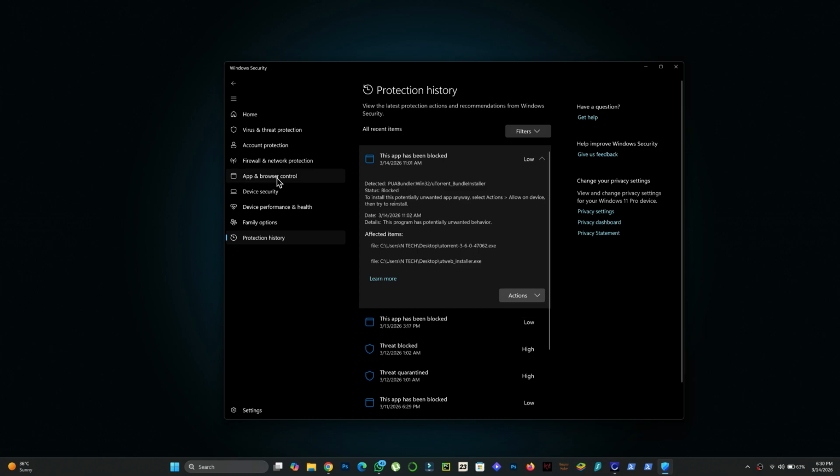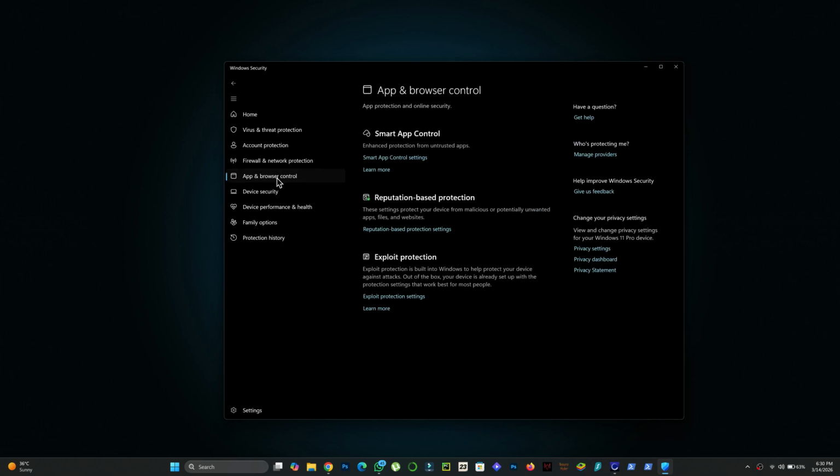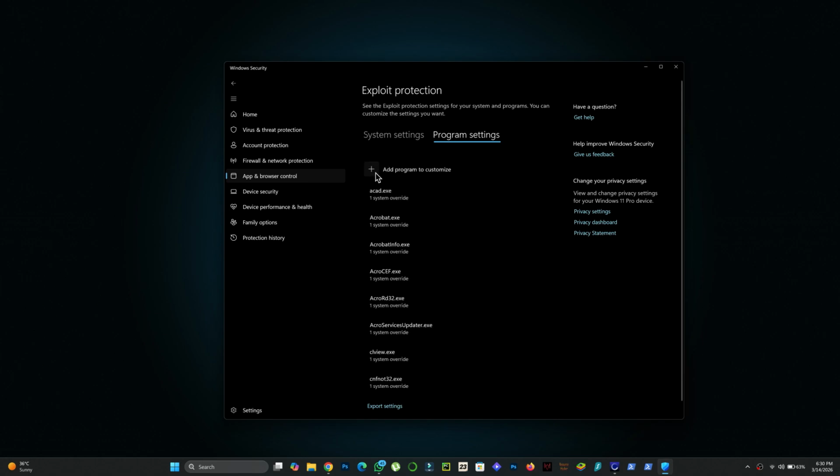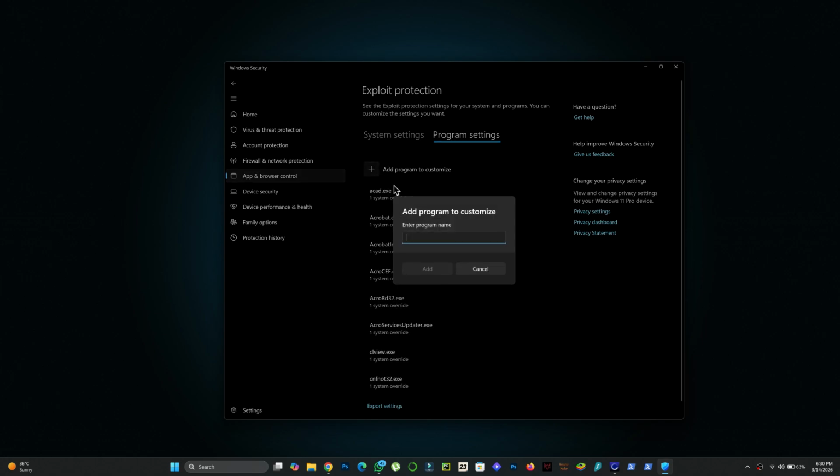If the problem continues, go back to the left panel and select App and Browser Control. Scroll down and open Exploit Protection. Go to Program Settings and click the plus icon to add a program. Choose Add by Program Name and type